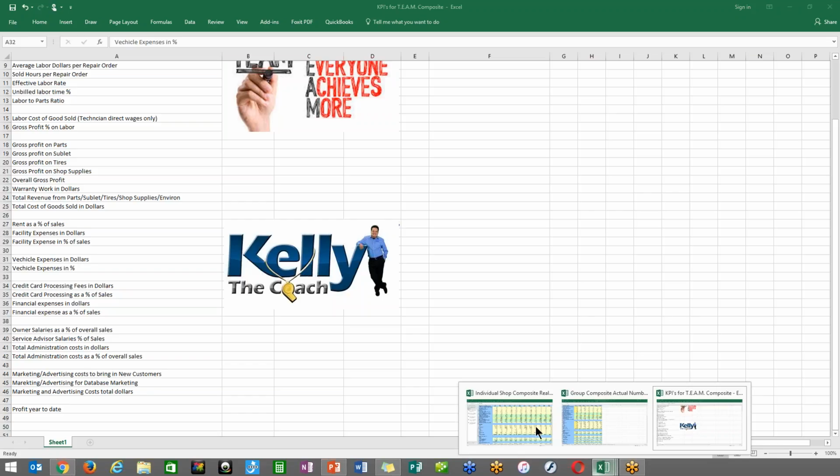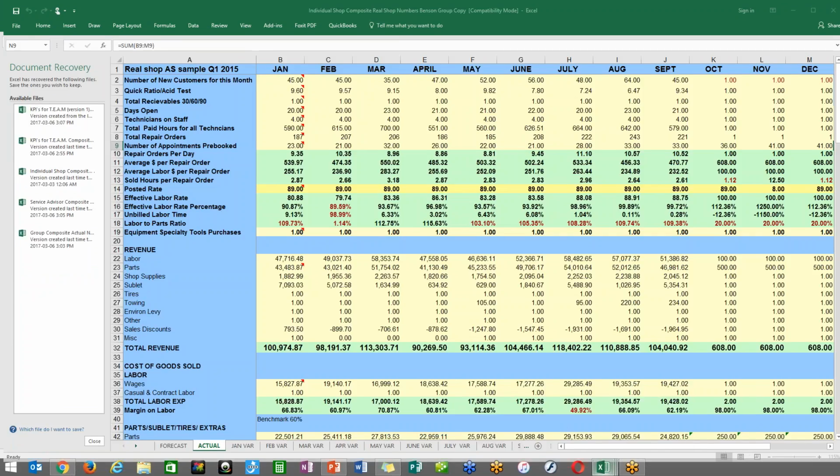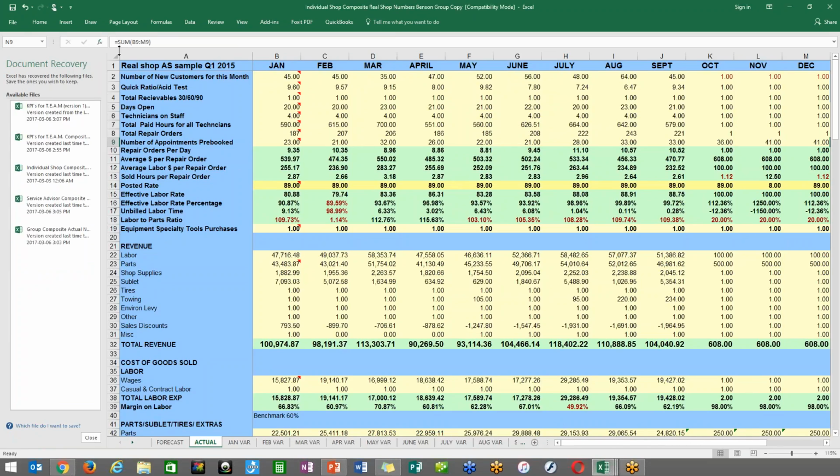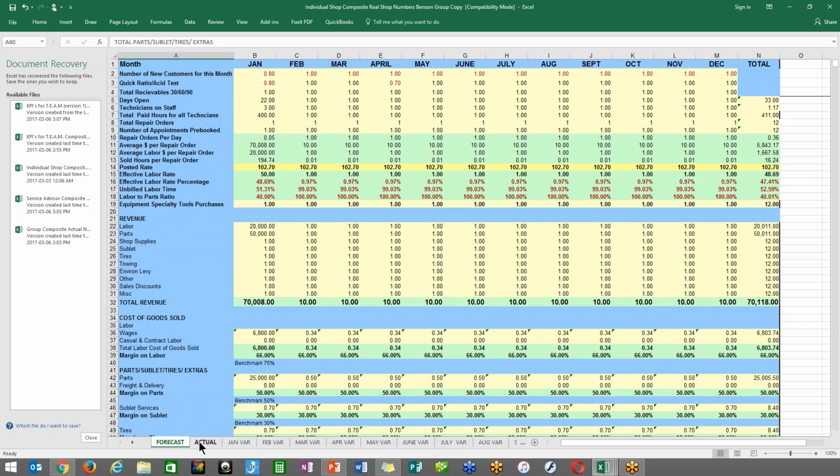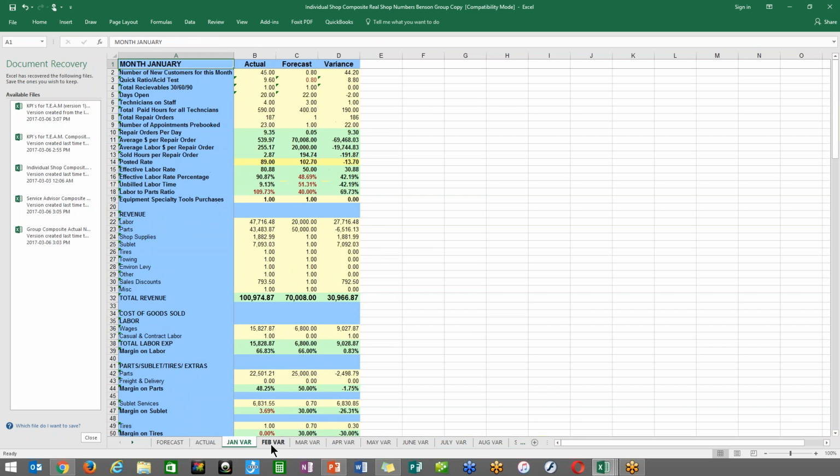So you can look down at your information and see exactly what the profit is year to date. And it's an absolutely wonderful thing to be able to see. And so here what we're looking at is the actual composite itself. And I do want to make it clear, and I'm keeping this information open on the side here so that we can see exactly where the forecasting is, where the actual is, and then at any time you can click